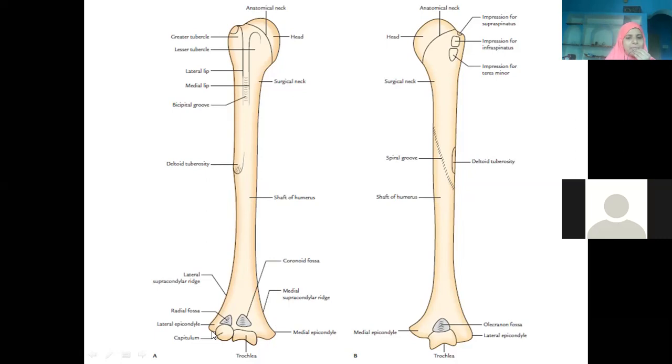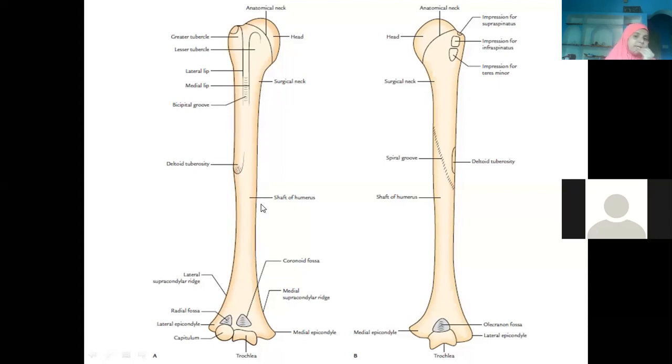Lateral epicondyle, if you trace it upwards, you call it the lateral supracondylar line. Within this line, there is one bony elevation again, which is called the medial supracondylar ridge on the medial supracondylar line, and the lateral supracondylar ridge on the lateral supracondylar line. The medial supracondylar line will be in continuation with the medial border. The lateral supracondylar line will be in continuation with the lateral border of the shaft of the humerus.